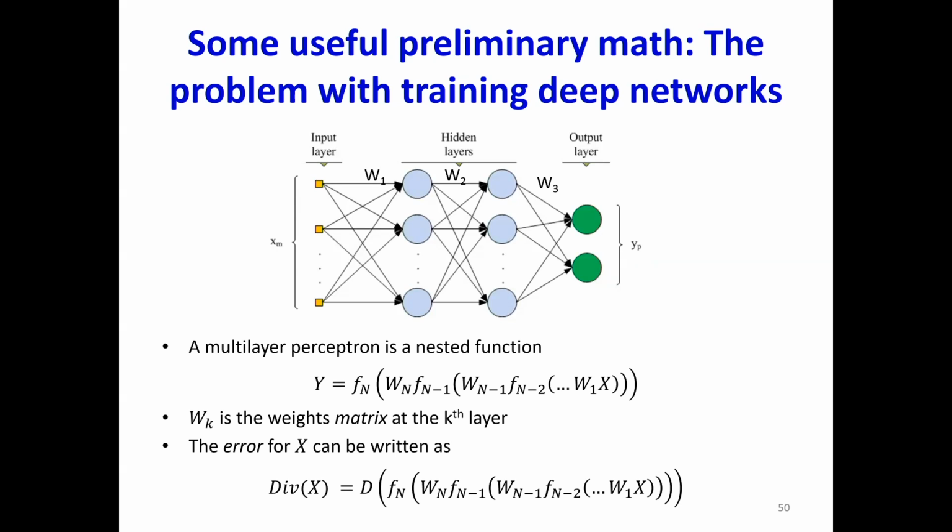You start with the input, you apply the first layer. I'm ignoring the biases, but assume they're there, right? So you start with the input, apply the first set of weights, then you apply an activation to it, then you apply the next set of weights, then you apply an activation to it, then you apply the next set of weights, then you apply an activation to it. The entire network is a nested function. The loss, the divergence, is being computed on the output of the network, right? So the loss is now computed on y, therefore the loss is also a nested function. Everyone with me? Right.